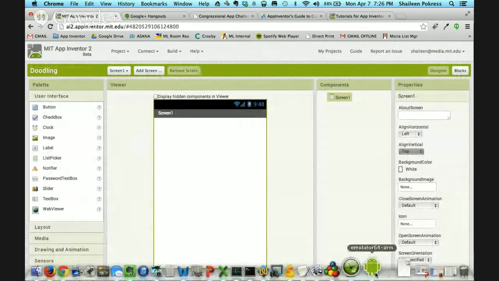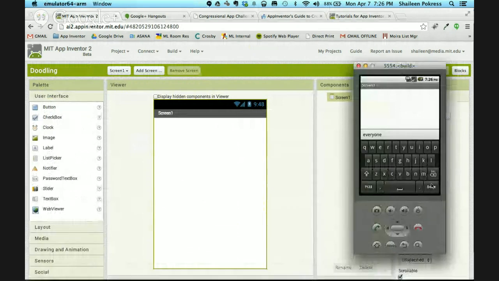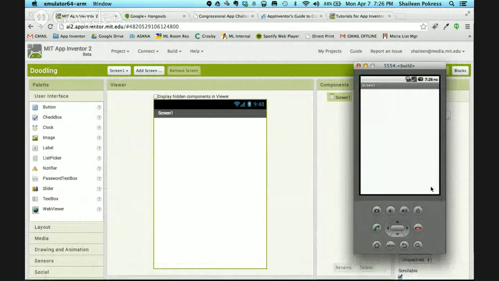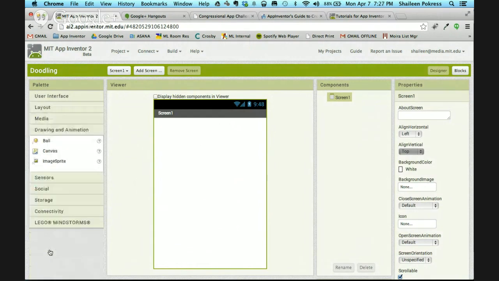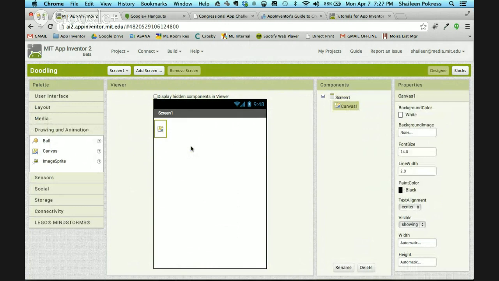Okay, let's go look at the emulator, see what happened. Okay, the keyboard was still out from the previous, but notice the screen is blank now. That's because we started a new app, and as I draw things out, this screen will reflect that. So for this app, I want a canvas, and canvas is under Drawing and Animation. Canvas is a really important thing to know because anytime you want the screen to respond to your touch,